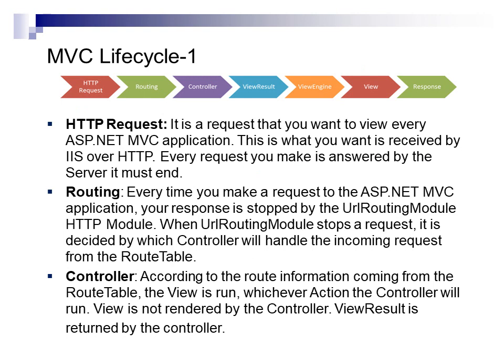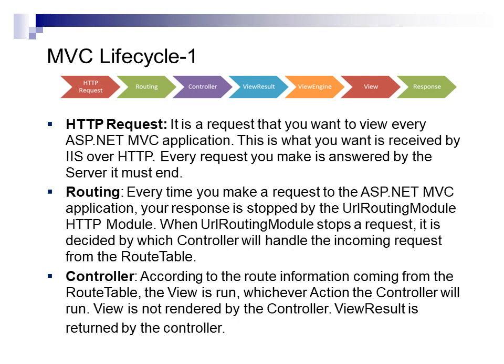MVC lifecycle. HTTP request: it's a request that you make to view every ASP.NET MVC application. This request is received by IIS over HTTP. Every request you make is answered by the server. It must end. Routing: every time you make a request to the ASP.NET MVC application, your request is stopped by